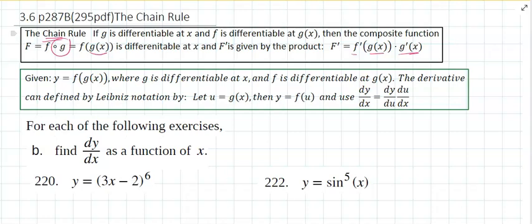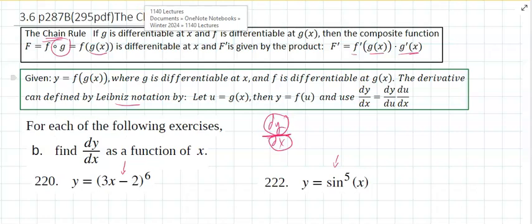Whenever we have a function embedded within another function, like right here, you notice we have 3x minus 2 embedded within the function x to the 6th. Here you have the sine of x embedded within x to the 5th. So if we try to separate them by using Leibniz notation for a derivative, dy dx, Leibniz viewed this as two individual values. He said if you have two functions embedded within each other, like we're going to have in